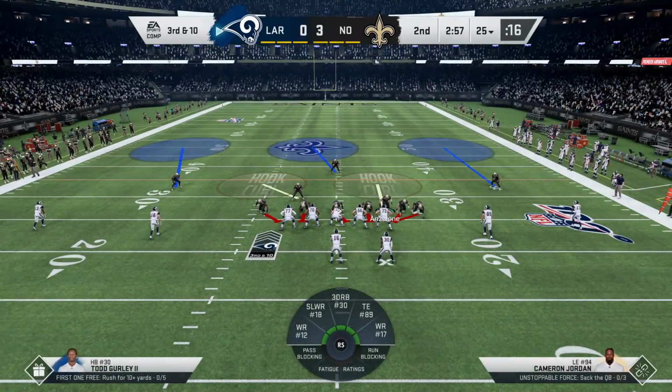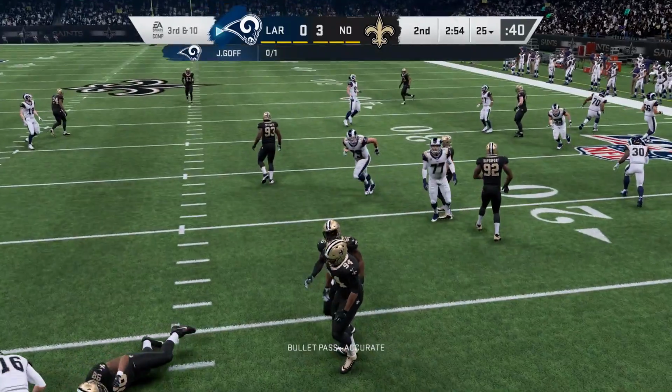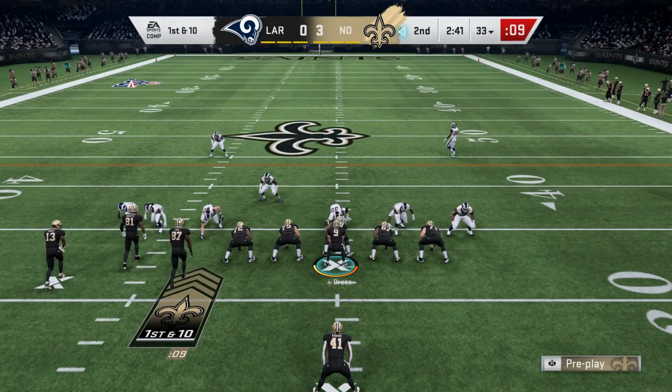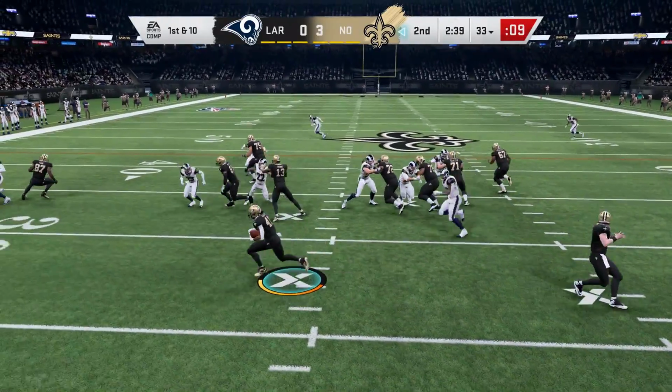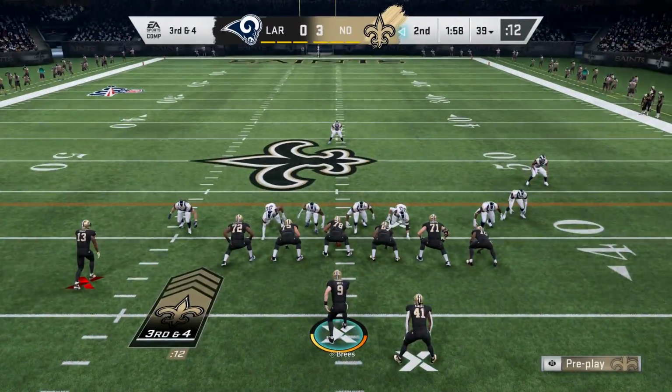to sack you 5 and 6 times a game, which might sound crazy, but it's kind of the same thing in real life. If you were to hold the ball for 4 to 5 seconds every play in real life, Aaron Donald would get 5 sacks a game, but people get the ball out quicker because they know they have to deal with him. As you see, the Rams kind of bottling us up here,